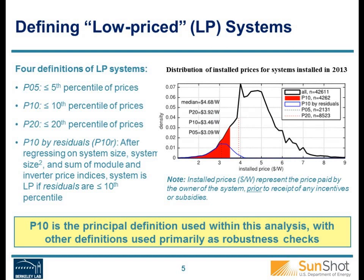And we define low priced in 4 ways. If you look at the left-hand column on the slide here, the most extreme or stringent definition for low price would be just to take the lowest 5% of installed systems' dollars per watt in 2013, and those are low price systems. We can expand it to the P10, or up to the 10th percentile, up to the 20th percentile, and then